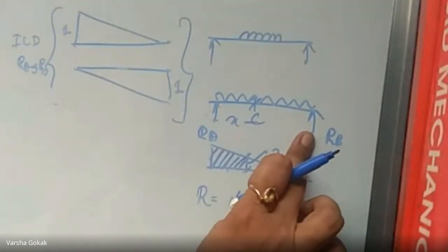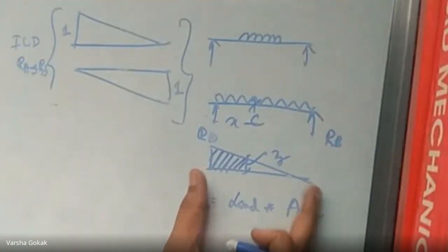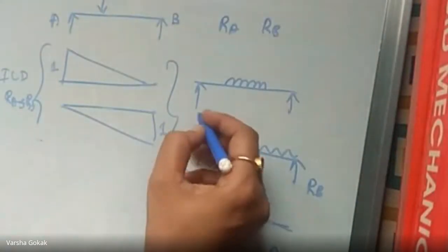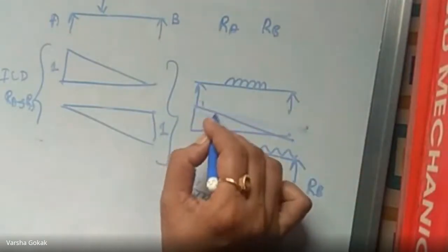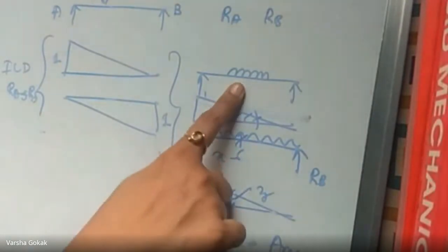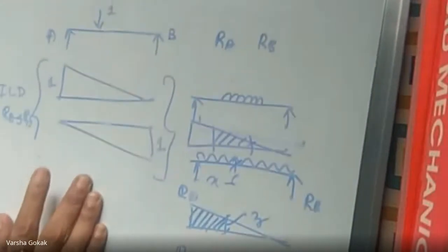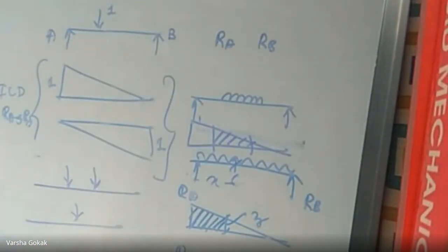In a case where the entire beam was loaded with the UDL, the entire triangle was considered. When we had a case wherein only a part of it was UDL, this was the area that had to be considered in the influence line diagram. We have taken up numericals related to this, also entire UDL, and two numericals related to such kind of examples. We took up numericals where we had two point loads and a single point load also. I want you to solve those, go through the procedure once again.